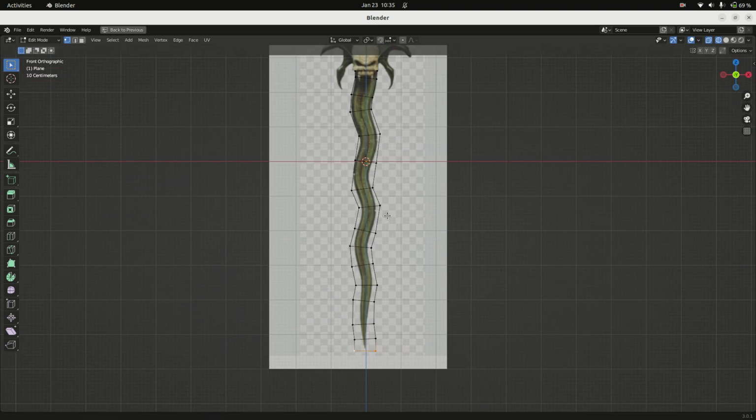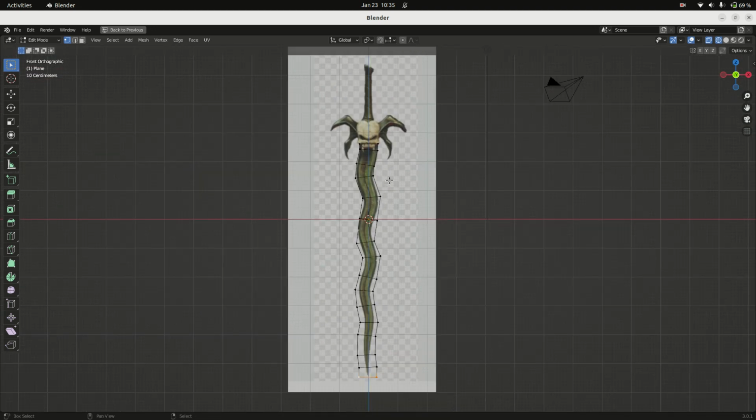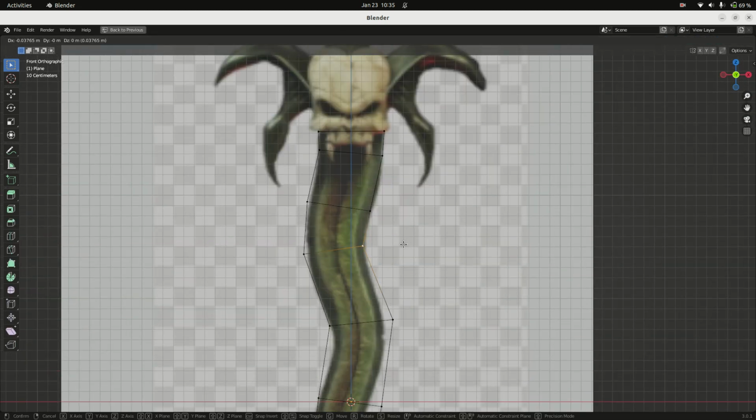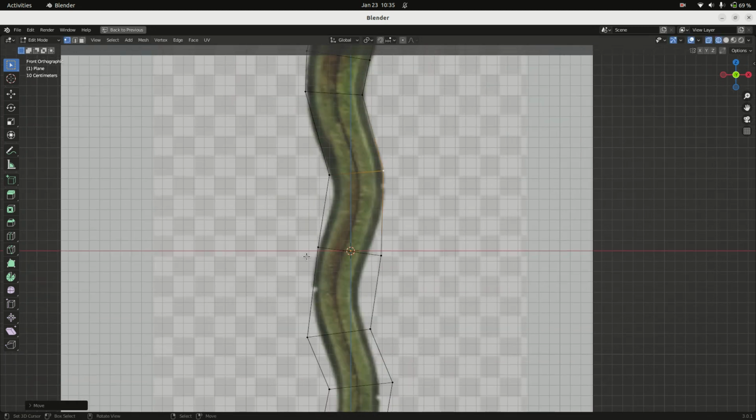Now what I can do, that I've got some geometry to work with, is move the vertices to about where I want them to be. Now here's an example where between these, I kind of want one more line. Here's another tool I'm going to introduce called Loop Cut. Control R